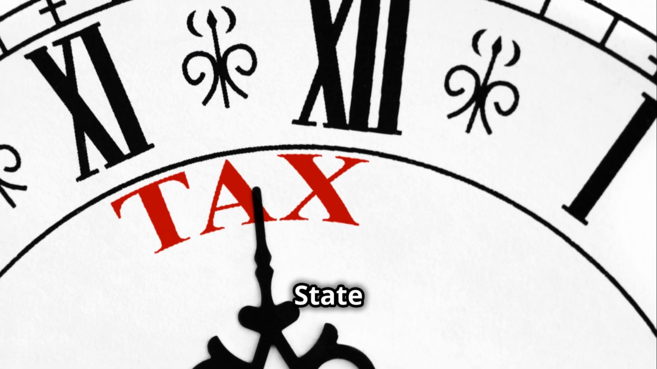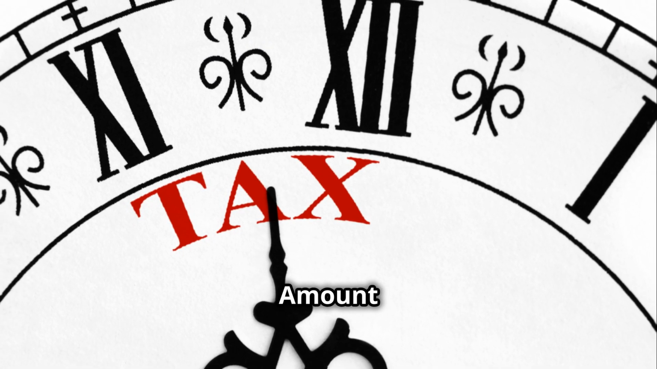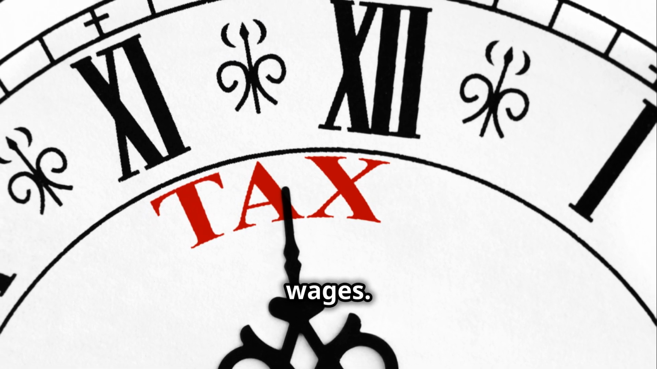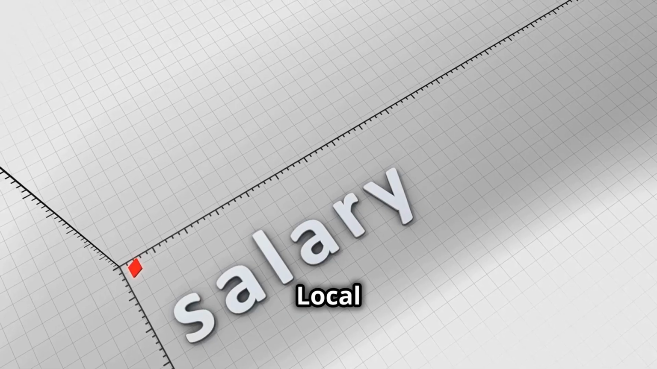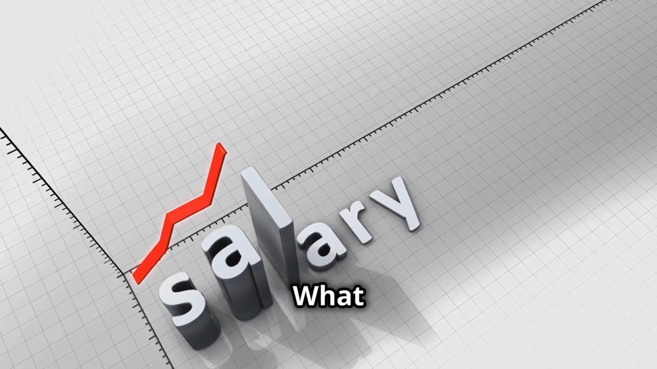Box 17, State income tax. What it reports: amount of state income tax withheld from wages. Purpose: reported on your state income tax return. Box 18, Local wages, tips, etc. What it reports: